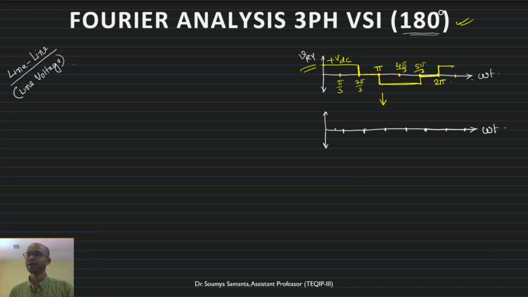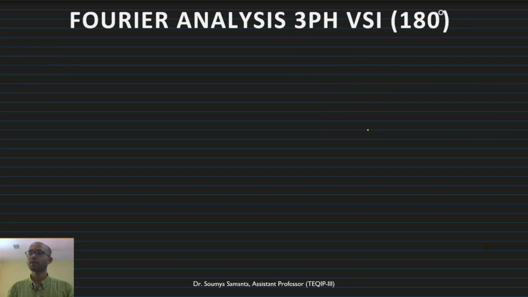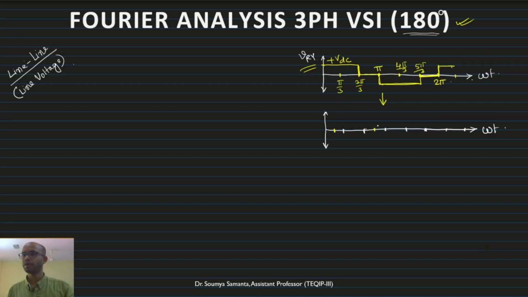Now next, the division will be pi by 6, this much will be the difference. So if this part shifts 30 degrees towards the right, then we will get it here. Basically, I can write this as a minus 30 degree shift, that is, it is shifted by pi by 6 to the right.